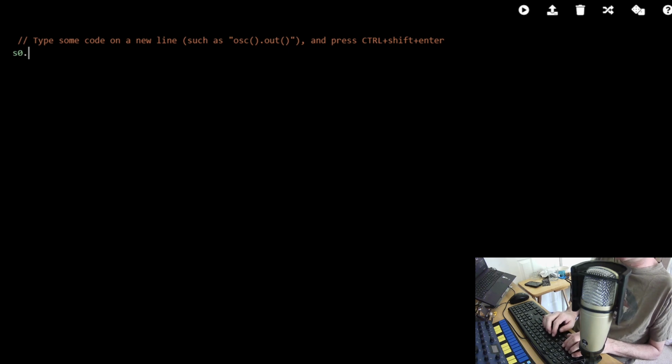So the first thing I like to use with Hydra is my webcam. The reason why I like to do that is it allows me to immediately have dynamic video. I can show my gear and permute it and make it look funky and play with lighting. And so I can already kind of start with something visually interesting that I can manipulate dynamically. So I'm going to start with this little incantation that gets video displaying.